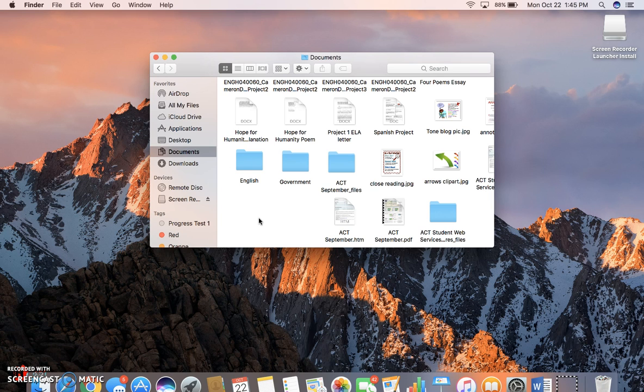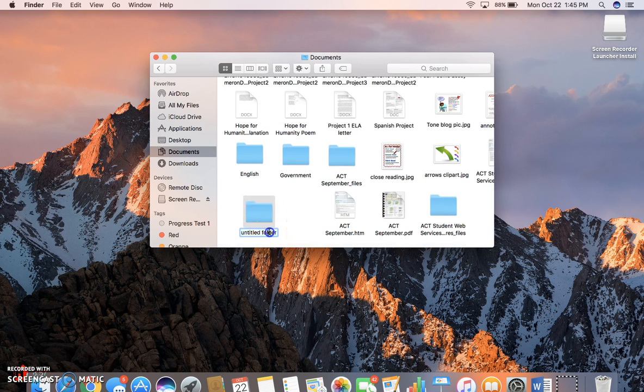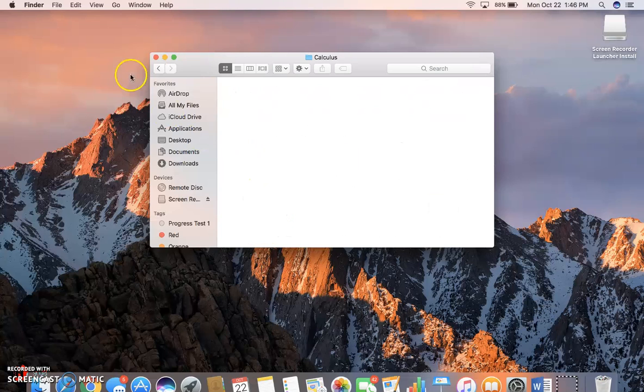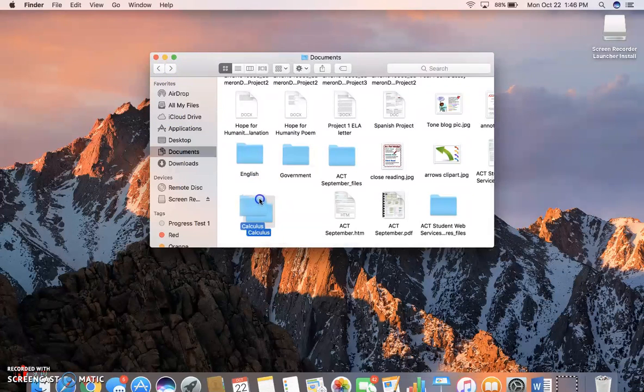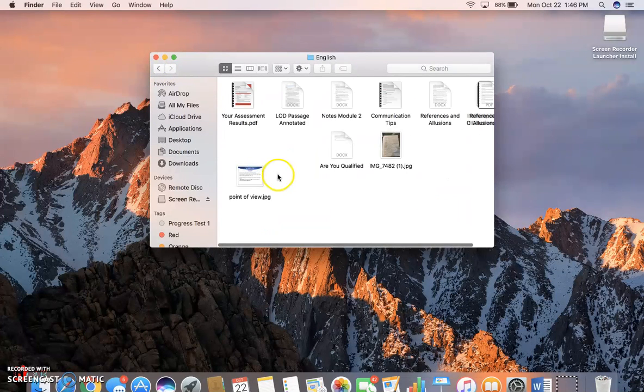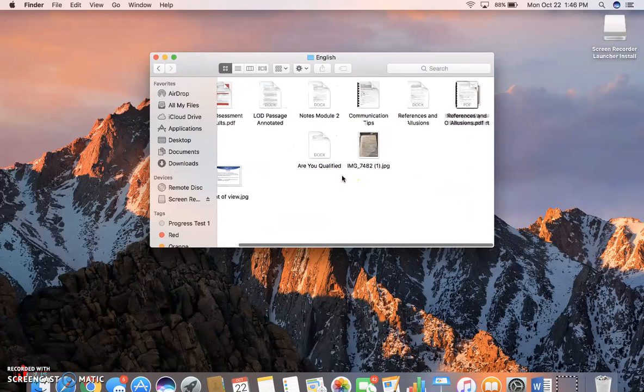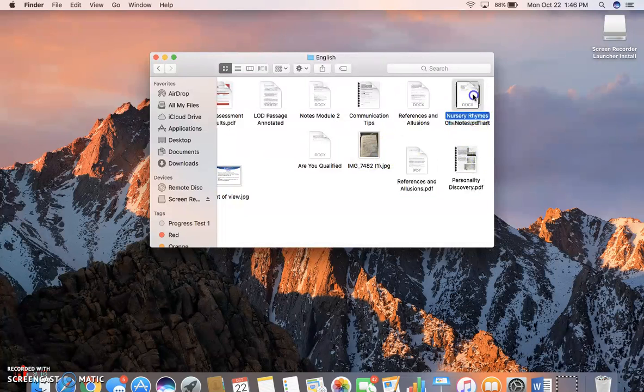stay organized. So one way to add a folder is by double clicking, hit new folder, and one of the classes I'll most likely take is calculus. So we can make a calculus folder. And obviously I don't have anything in here yet, but as you can see in this English folder, it stores everything from this unit and keeps you very organized, which is very easy and saves a lot of time when